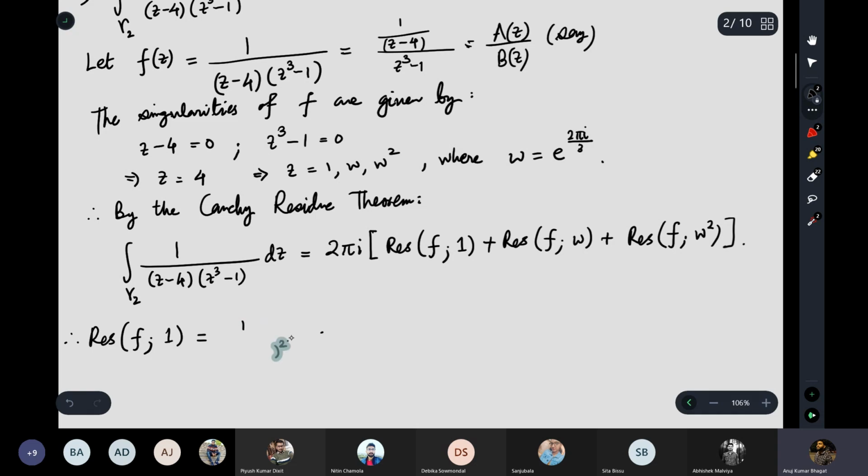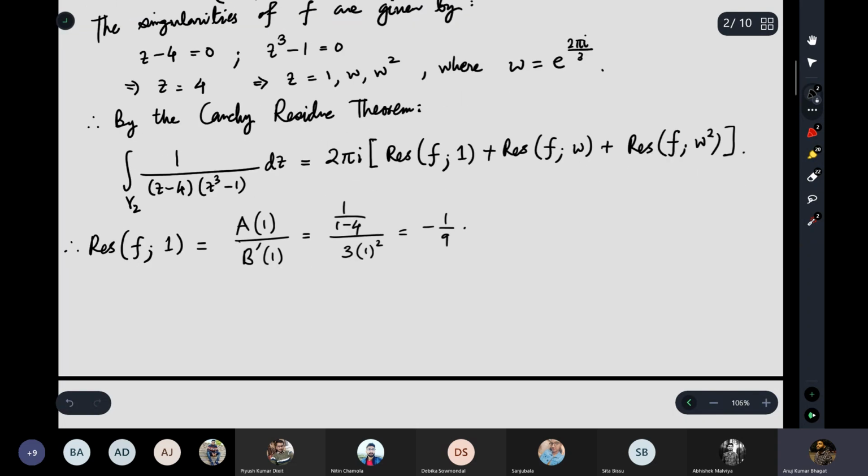If some of you have not understood this, just apply the formula. This is a at 1 divided by b prime at 1. As simple as that. So a of 1 is what? 1 by 1 minus 4, and b prime is what? 3z square, and z is 1 here. This is nothing but minus 1 by 9. Okay, similarly,